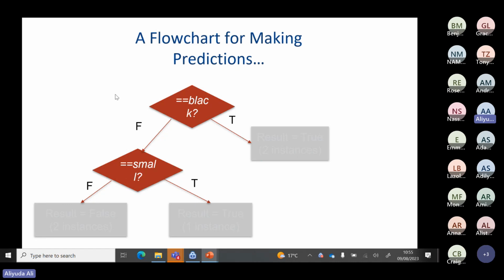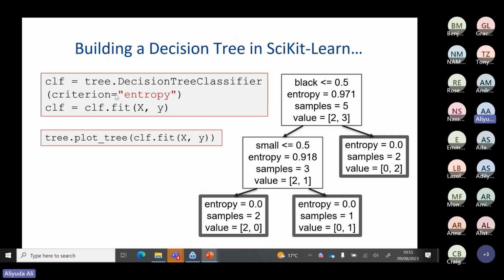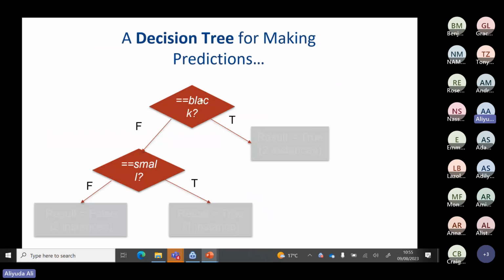But let's click and see what is happening here. Is the animal black? You say no. That is false. So it's not true. And then another question: is the animal small? This one goes to false. If it is false, you activate this one. If it is true, you go in this direction. So flowcharts always give us the direction of how the final decision